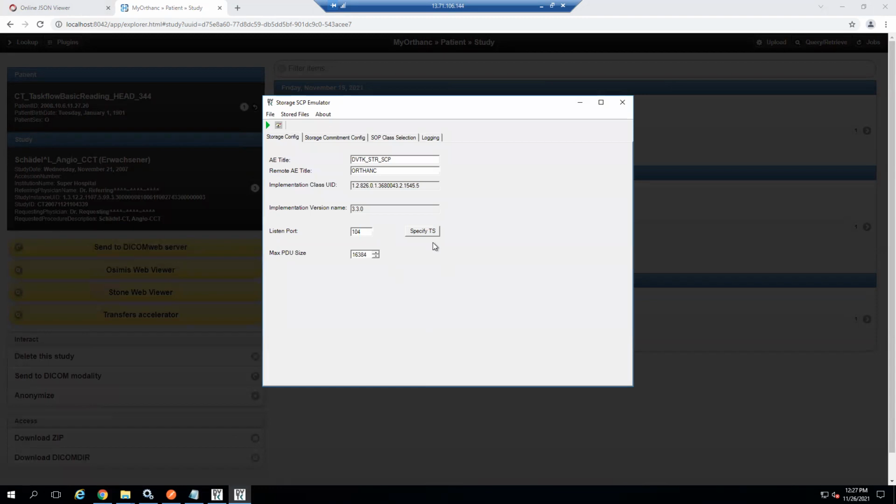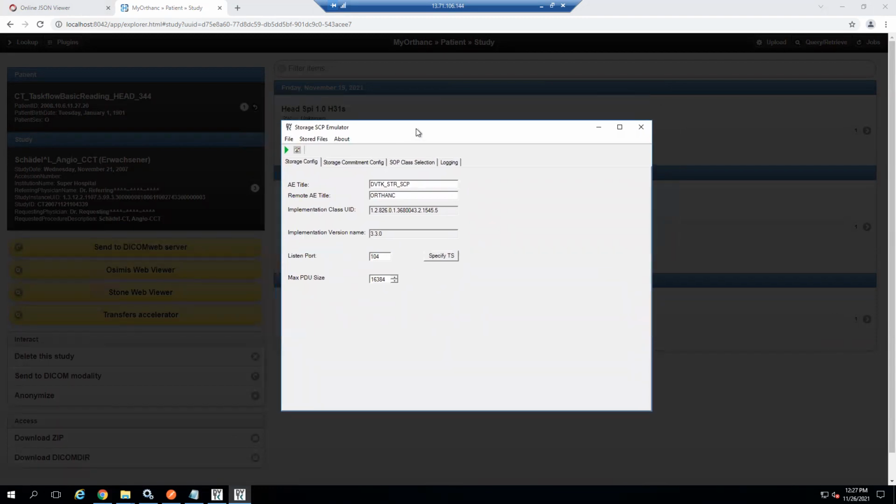Okay, this is the storage SCP simulator, and this simulator is nothing but the AI algorithm simulator. We are not doing any AI algorithm over here; it just serves the storage SCP purpose. Its own AET is called DVTK STR SCP, and the remote AE configuration is Arthang.